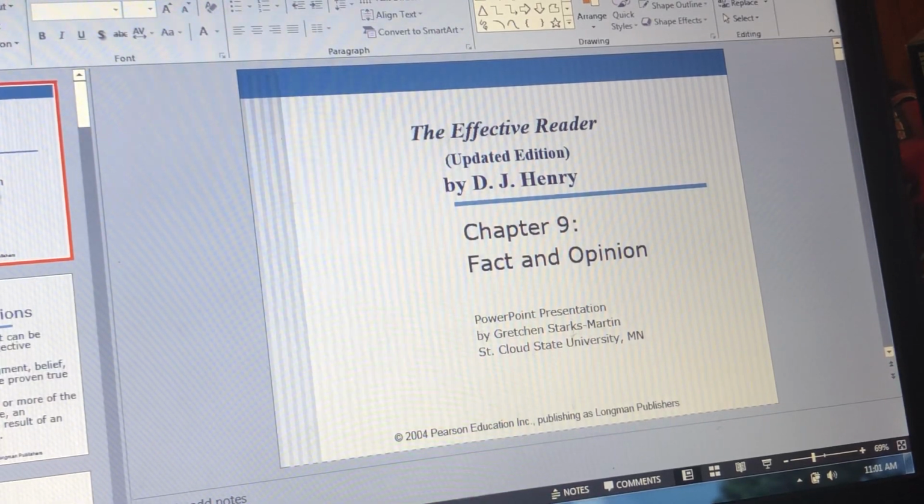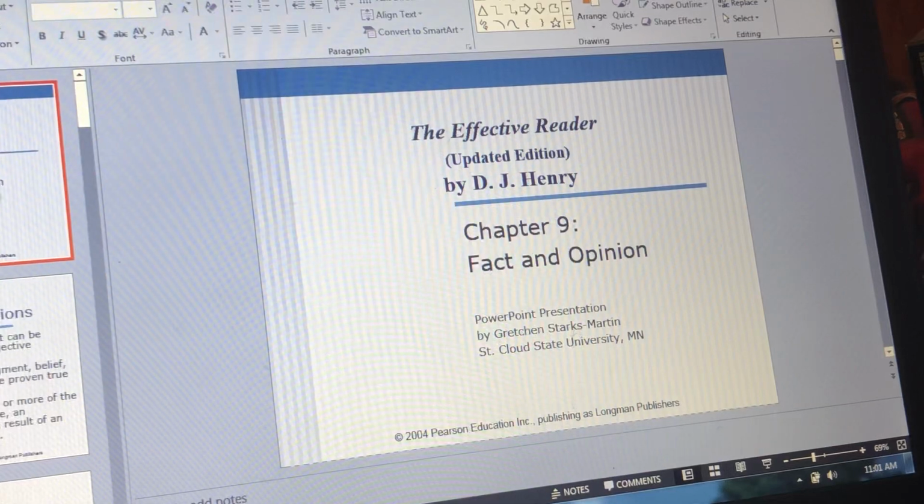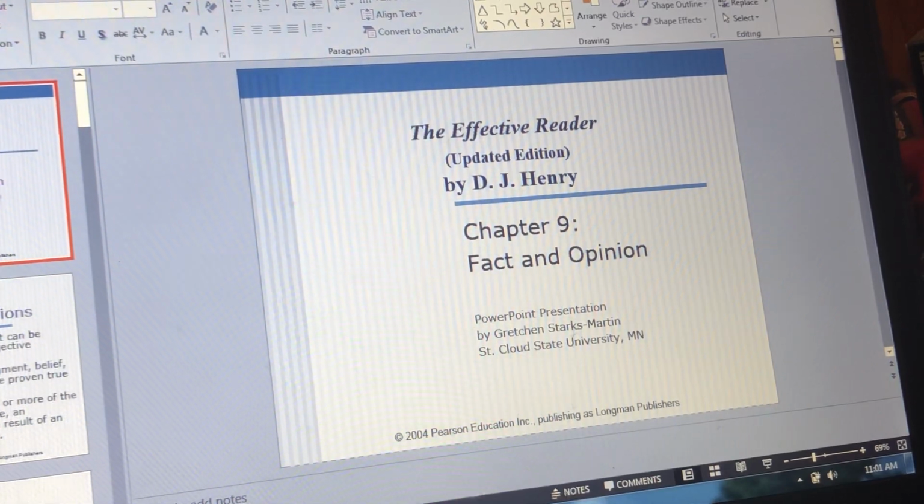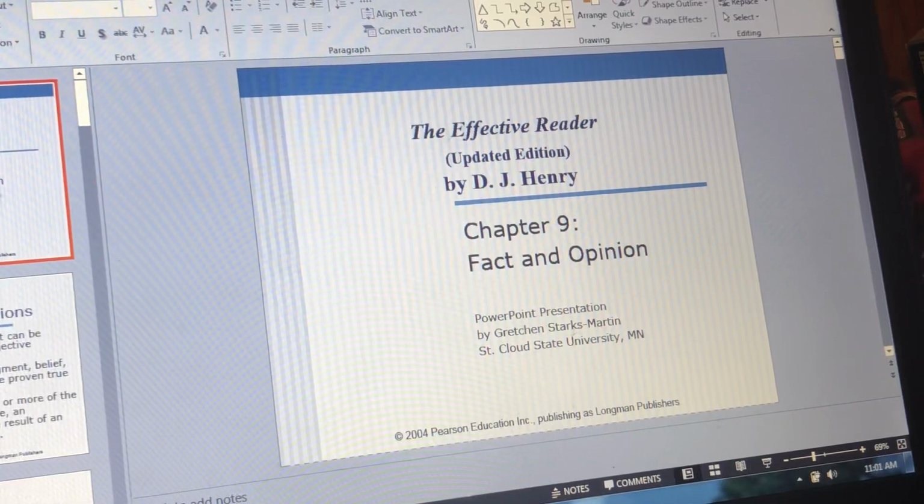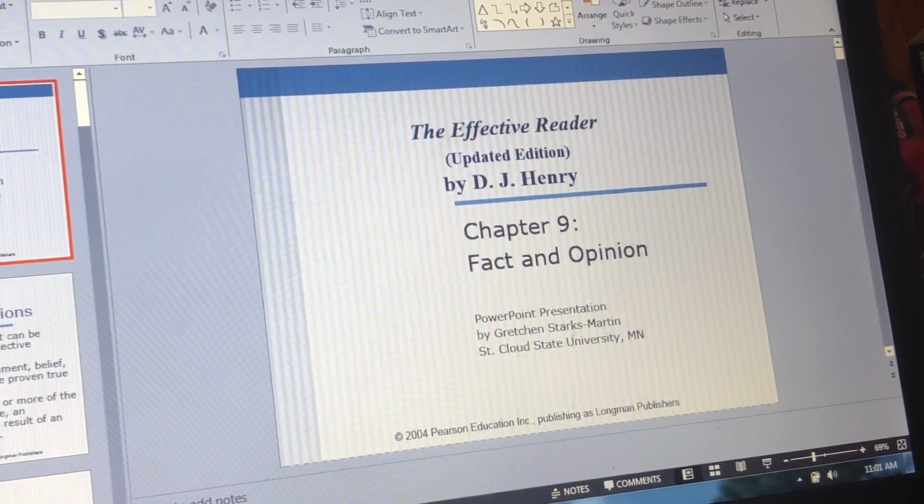With so much information on the internet, with so much talk about fake news, being a reader isn't just reading words and digesting them, it's thinking about them, it's wrestling with them. With so much information out there and so many people challenging what information is valid and what isn't, in order to be a really effective reader, you have to stop and ask yourself, is this a fact? Is this opinion? Do I believe this? Where does this come from?